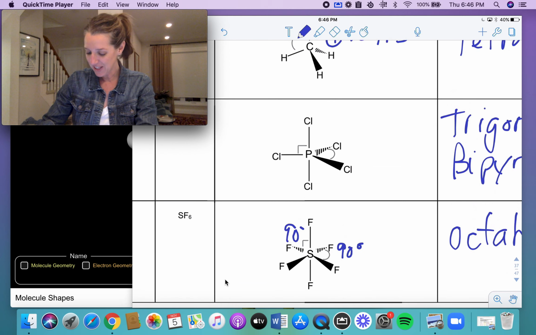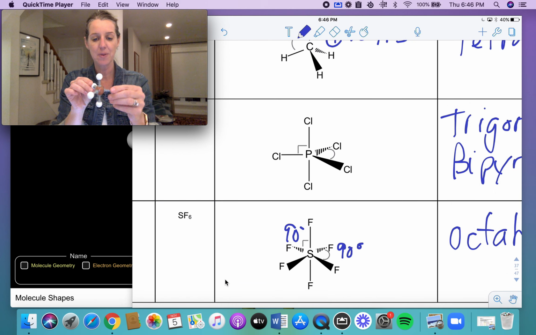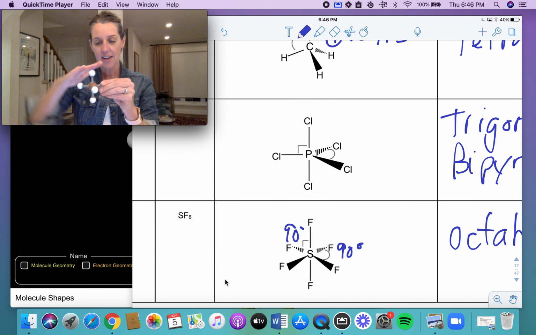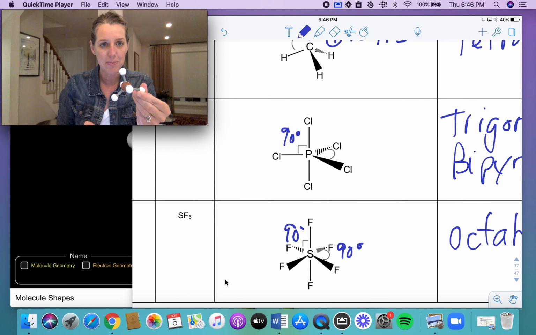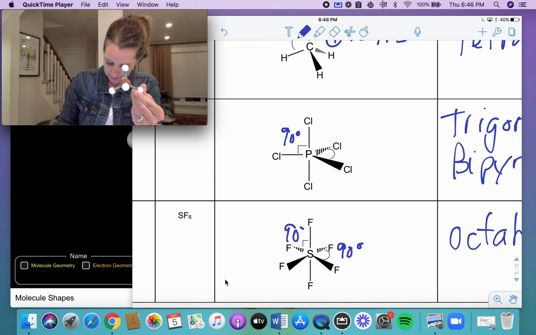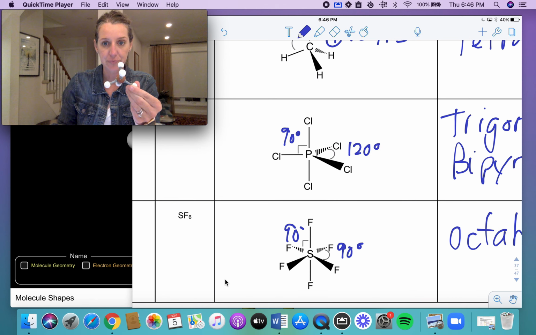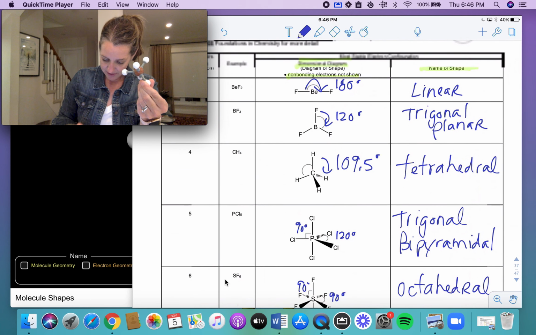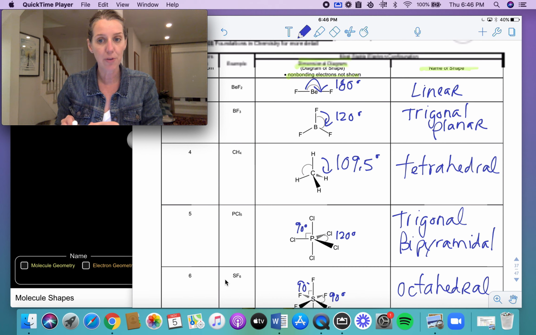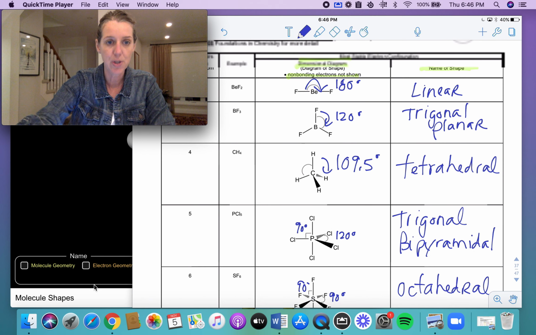Let's go back to the one that had 5 things bonded to a center atom. These guys, and this plane here is obviously a 90-degree angle. And then if you have 3 things on one plane, you remember what the angle is between 3? Of course, it's 120 degrees. Okay, so let's move on. Do I have all the angles? Everything's good to go? Okay, so you're going to review those 5 shapes, and I want to show you on